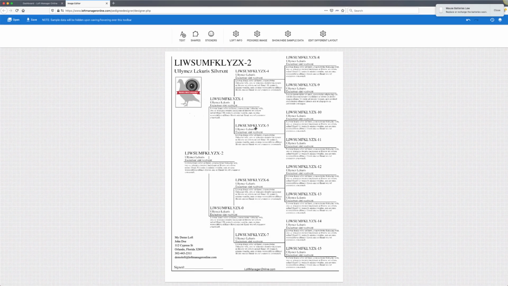and that's classic. So you have the ability to edit any one of these 6 different layouts, and you can add text, shapes, stickers, clip art, if you will. You can edit your loft info, scale your pedigree image if you want to. So you have a lot of creative freedom there. You just don't have the ability to add background images. So just going back into the